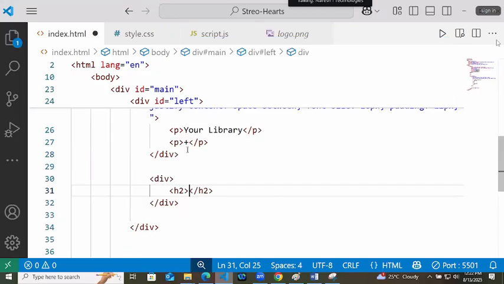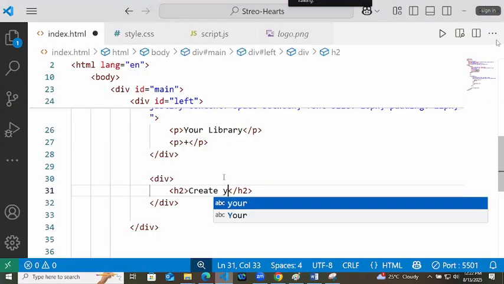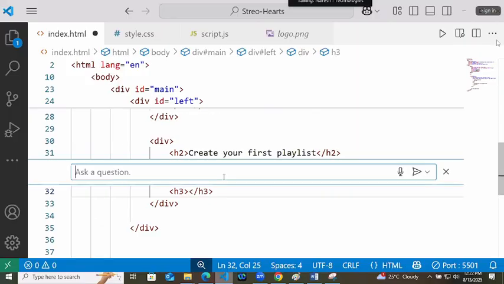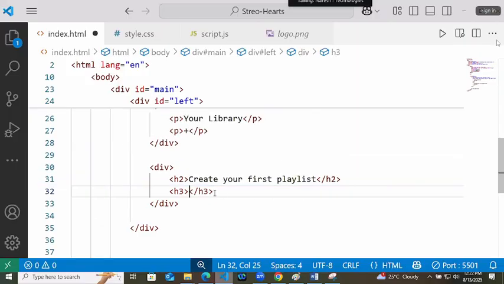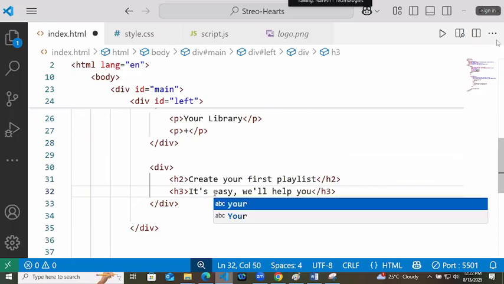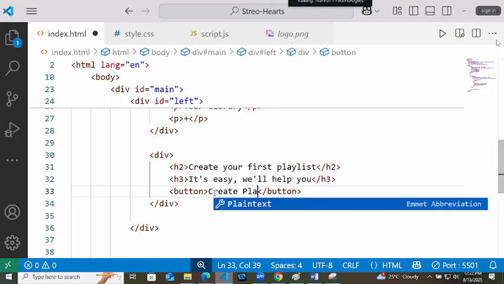It has an h2, create your first playlist, then an h3, it's easy, we will help you, and then a button, create playlist button.